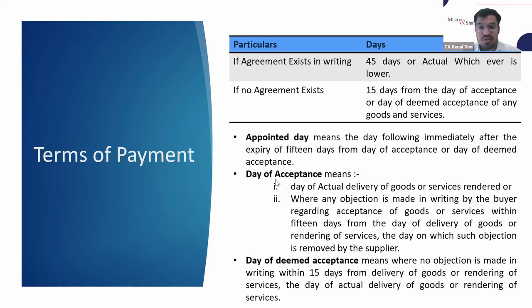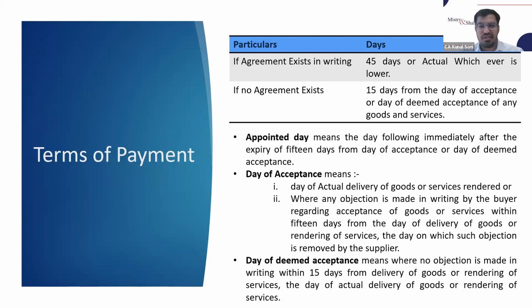Now, moving further, what is the day of acceptance? It is actually the day of actual delivery of goods or services rendered. So the day of acceptance is the date on which the actual delivery of goods took place, or the date on which the services were rendered. Or in case there has been any sort of issue, be it relating to quality of